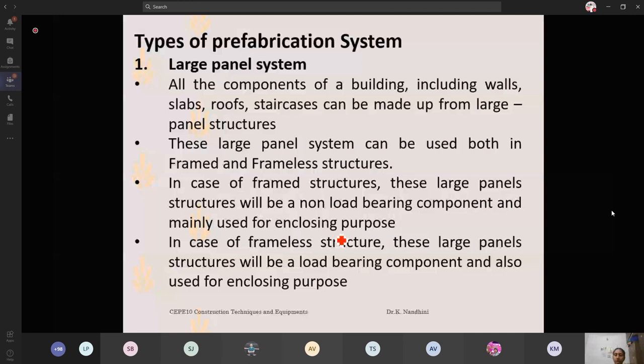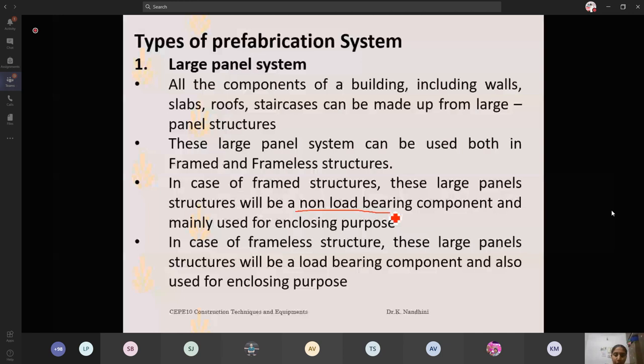For areas where seismic attack is high, seismic prone areas, there you can go for normal construction of your columns, your slabs, or your beams. Everything will be done. For the wall erection alone, you can go for precast. You can combine both in order to avoid seismic activities. Where your wall acts as a non-load bearing, so that is not going to carry any load.